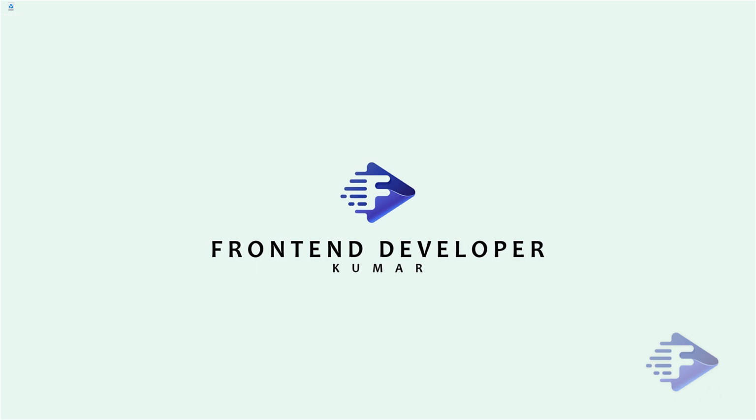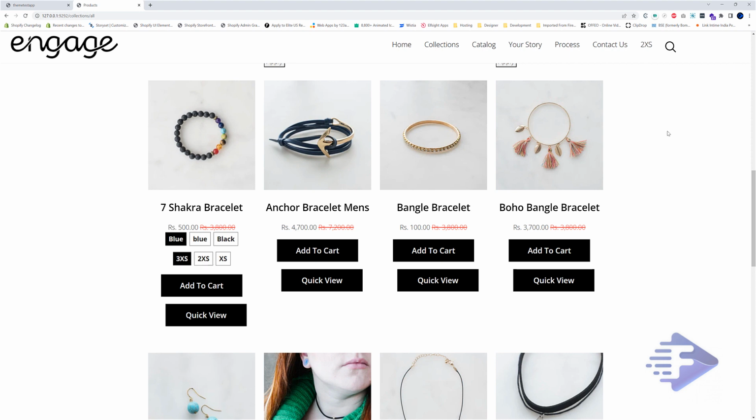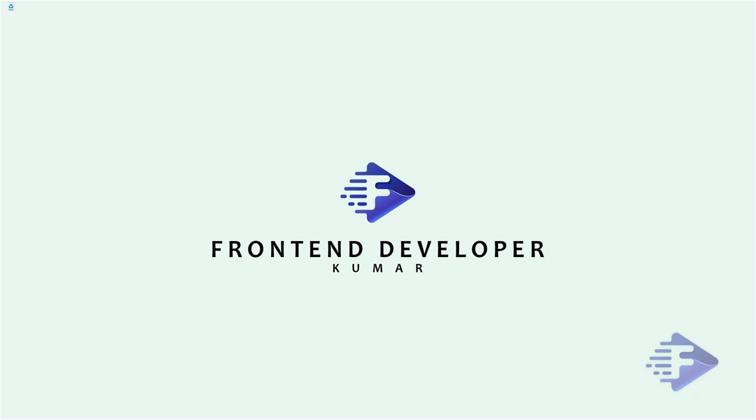And today we are going to work on the collection page, where we are going to add a quick view button, and based on that we are going to show this pop-up one. And without any delay, let's start working on that.